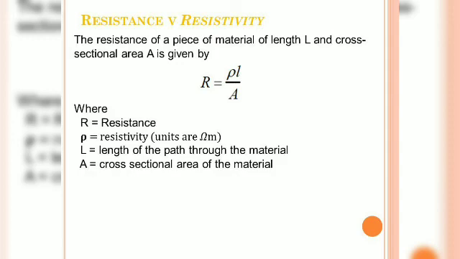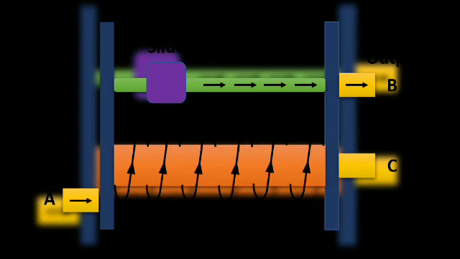Now let us see the next slide. This is a circuit of rheostat. Okay, rheostat arrangement is there. A, B, C terminals are there. Two are the bottom terminals and B is the topmost terminal. So the orange part, you can see there are a number of turns in which the current is flowing. And purple, you can see at the top. This is a sliding contact.